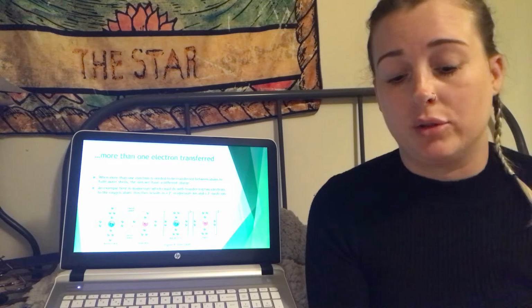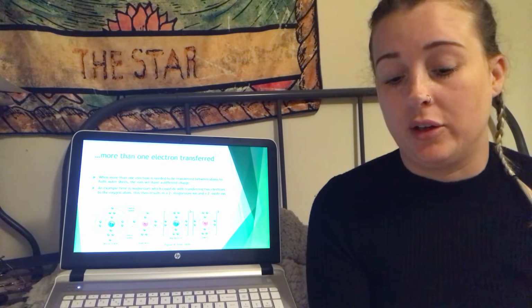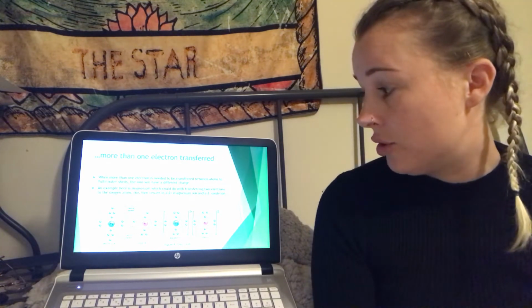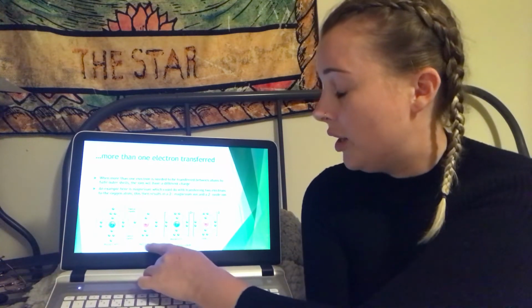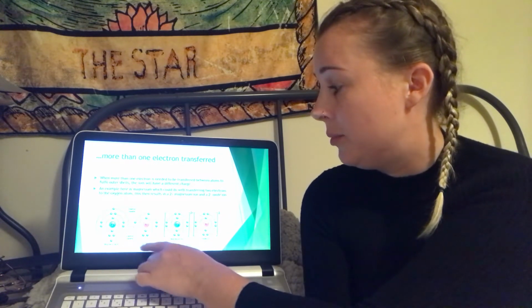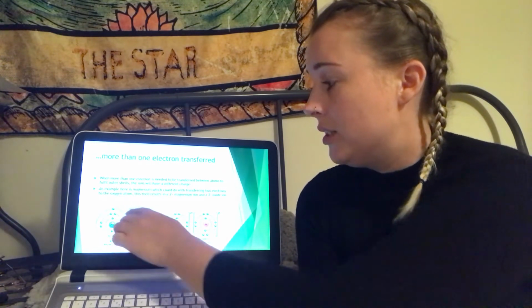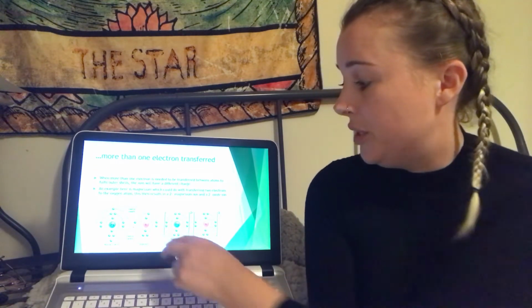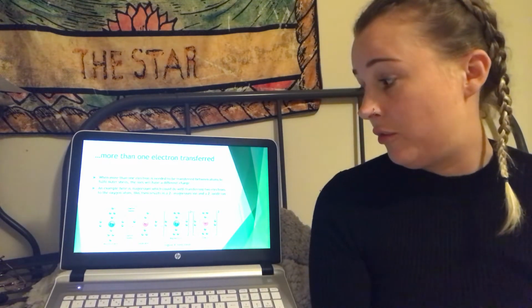When more than 1 electron is transferred to fulfill the outer shell, the ions will have a different charge. So an example would be magnesium and oxygen. When magnesium reacts with, or bonds with, an oxygen atom, because the oxygen atom has 6 valence electrons and the magnesium atom has 2 valence electrons, those 2 electrons will be taken up by the oxygen atom to produce a full outer shell for the oxygen,